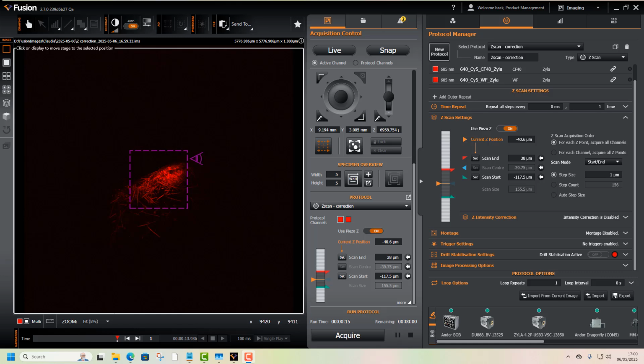In this video I'm going to show how to set up an irregular montage. Generally, in the workflow, there are two ways you can do it. Either acquire an overview of your sample at the magnification that you want to image, and this will be in the following video, or acquire an overview of your sample at a lower magnification and then move to a higher magnification. So I have already acquired an overview of the fungus sample with the 10x magnification, and you see here